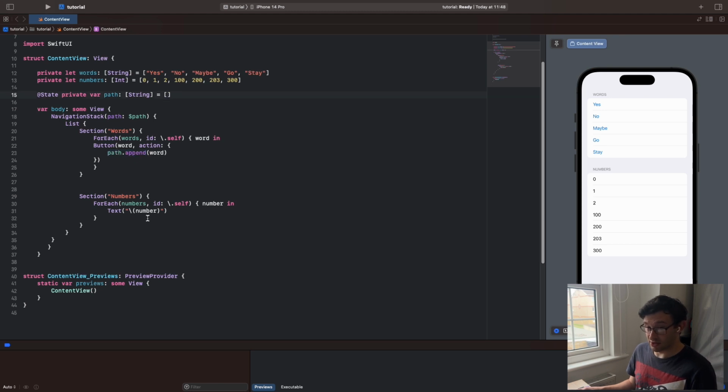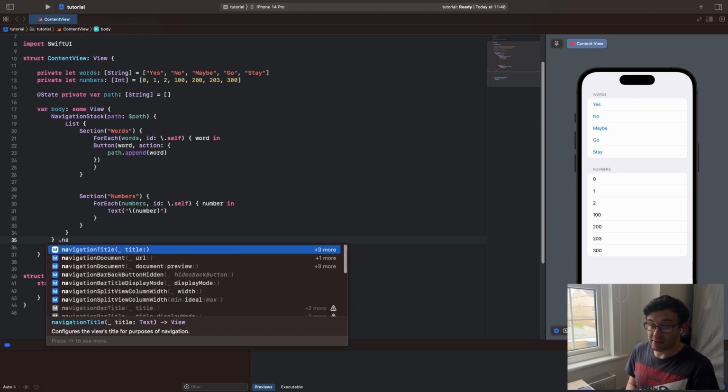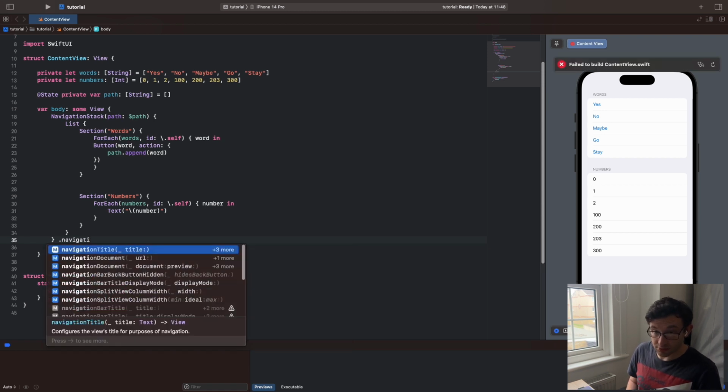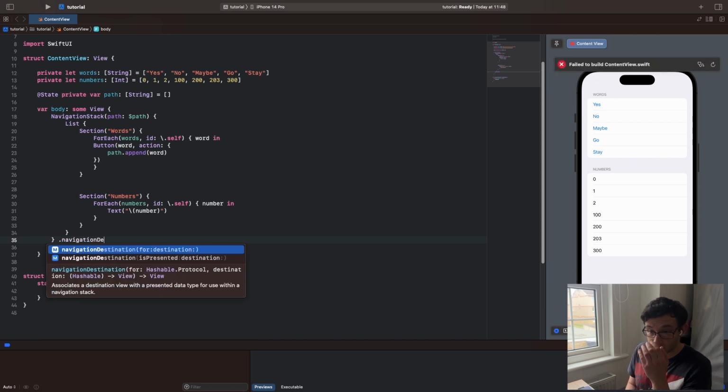At this moment, nothing obviously is happening because it's got a warning sign. It doesn't know what to do. It understands that these are navigatable, but it doesn't know exactly what to display. So we're not out of the woods yet. At the bottom of our navigation stack, we still need to add a navigation destination. If I can spell destination correctly. It's going to be navigationDestination for: